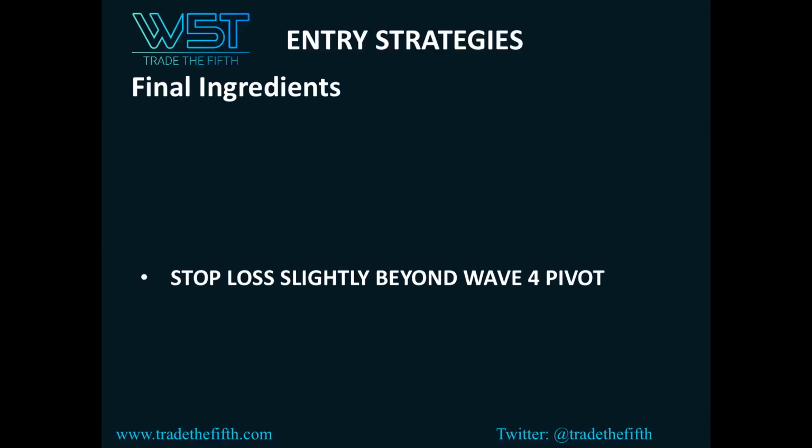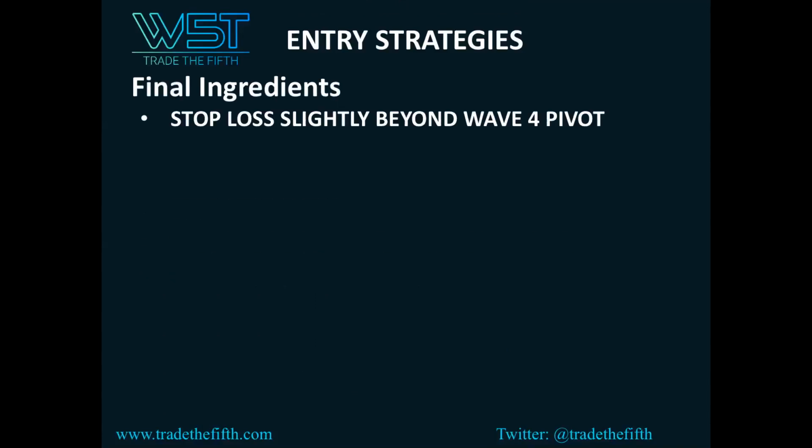So, final ingredients. Stop loss is slightly beyond the wave 4 pivot. There's no set rule for this, but if it's a $100 stock, you're not going to go 1 cent below the wave 4, are you? Because you get this lag in response to price. So if it's a $100 stock, you may be 5 to 10 cents beyond the wave 4 pivot. If it's a $200 stock, you need to be at least 10 cents. If it's a cheap stock under $20, 1 or 2 cents will be fine, because it doesn't move that much. But if you've got a $2,000 stock, you've got to think you're going to be 25, 30 cents below that, even a bit more, because brokers